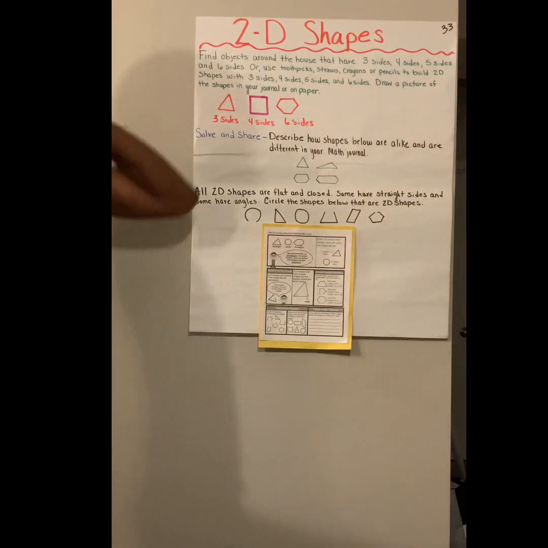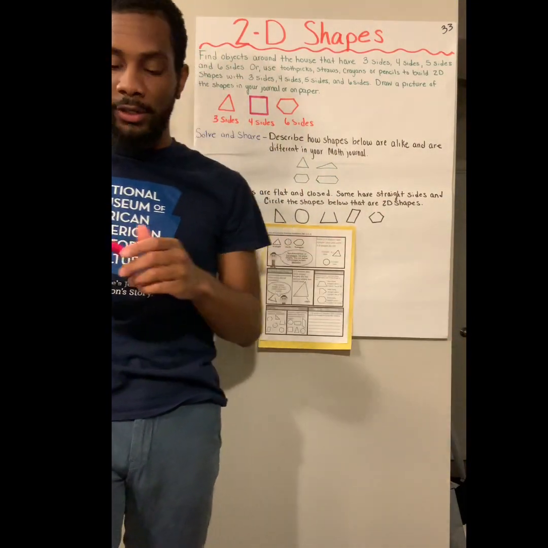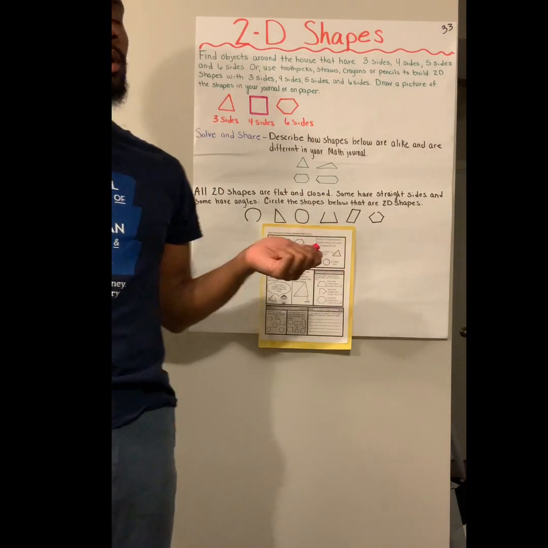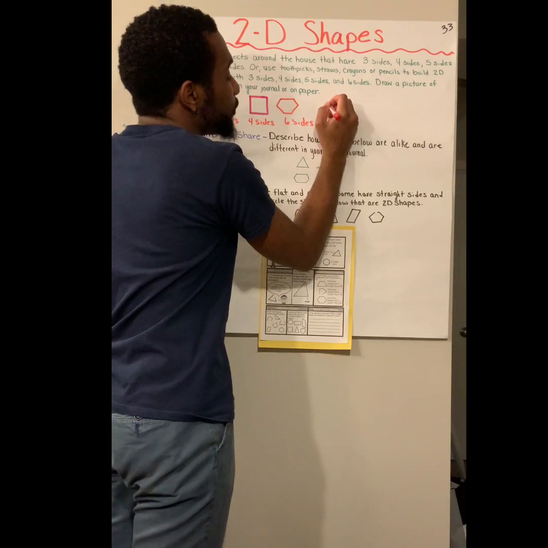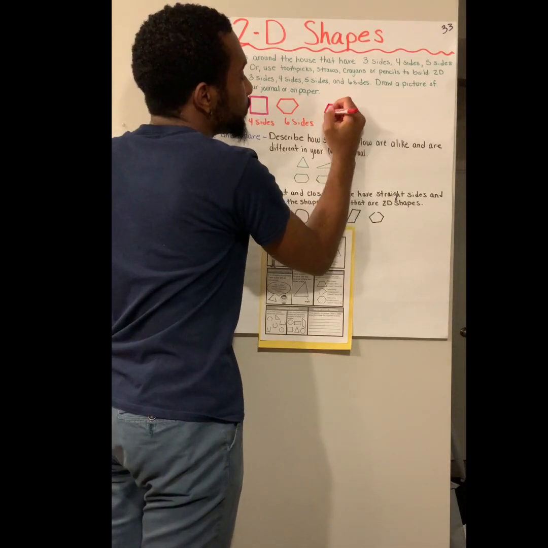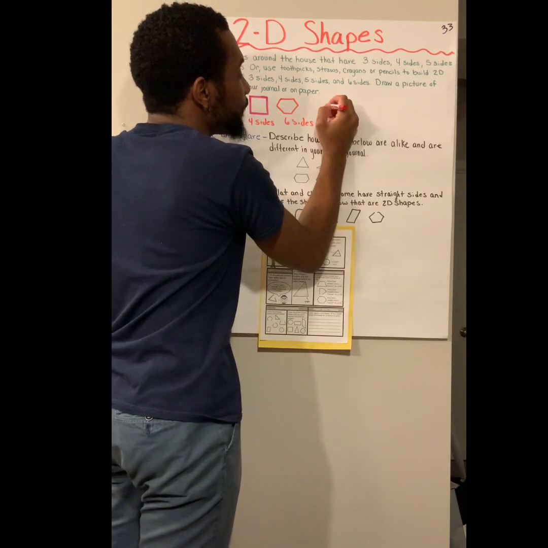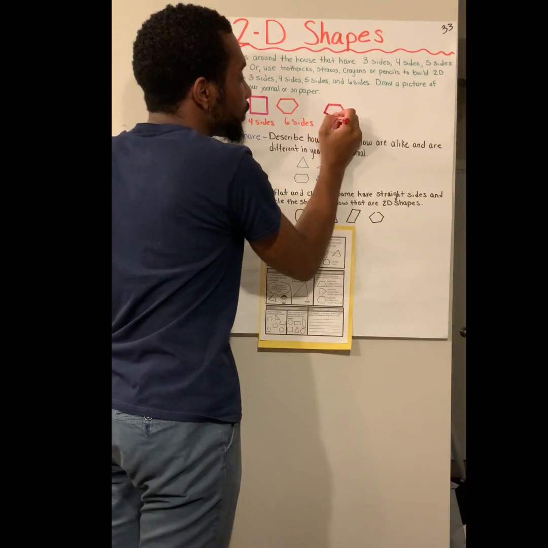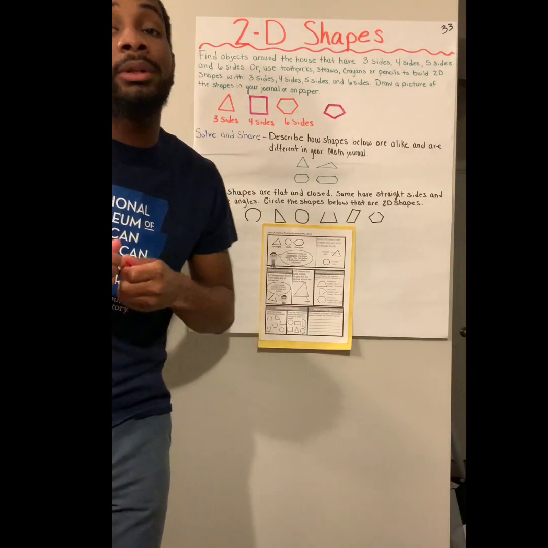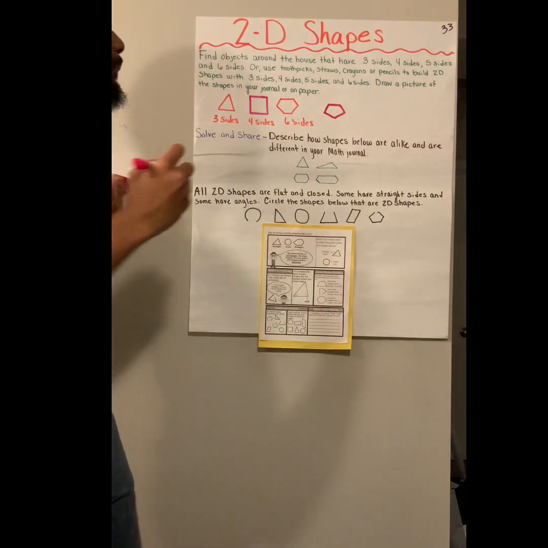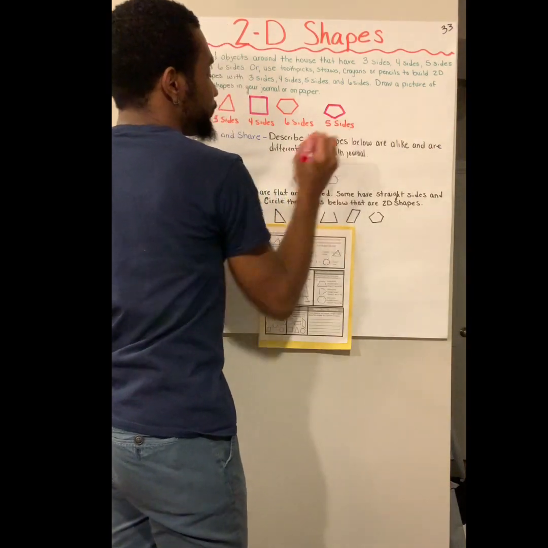So, yes, I'm missing a figure with 5 sides. Once again, I couldn't find one, right? But maybe I know one in my head, so I can draw it. Let's hope I can draw something. So I have 1, 2, 3, 4, 5. So I didn't find a 5-sided shape, but I knew one in my head, so I drew it, okay? All right,